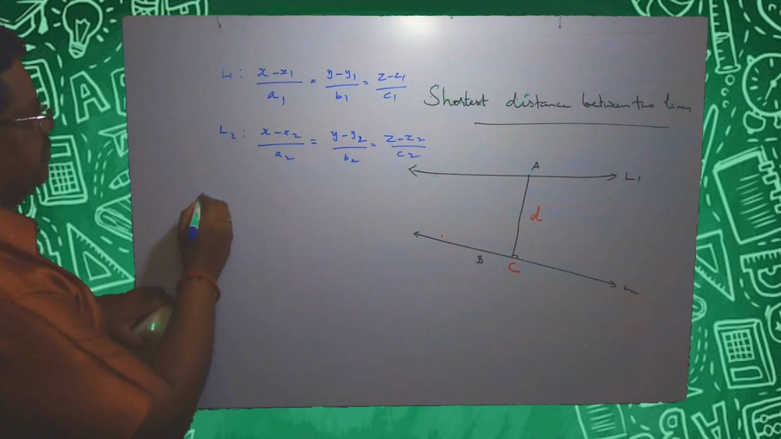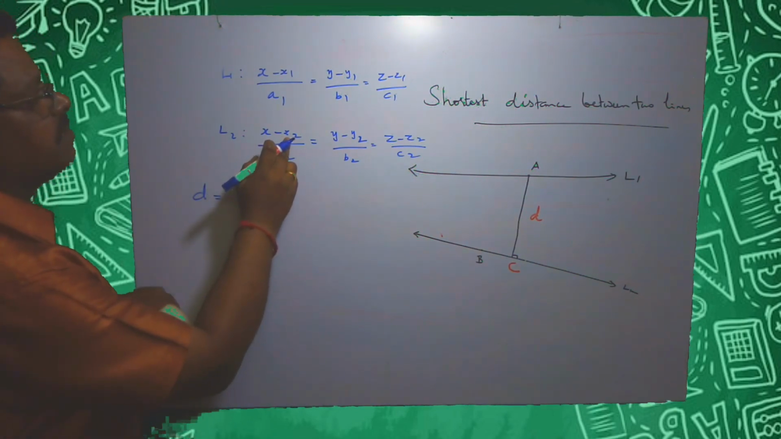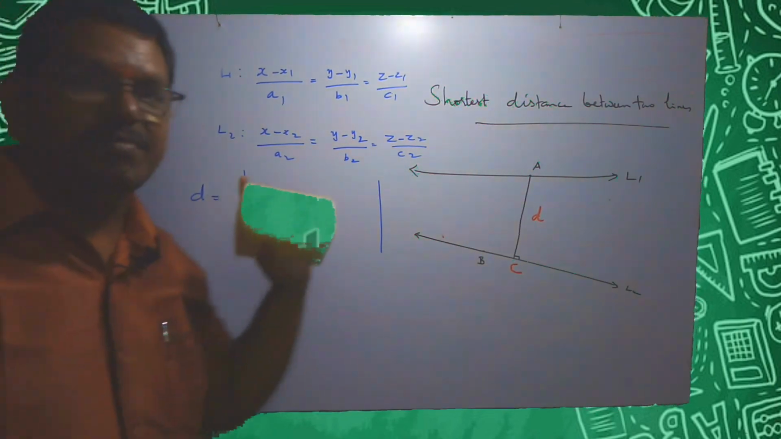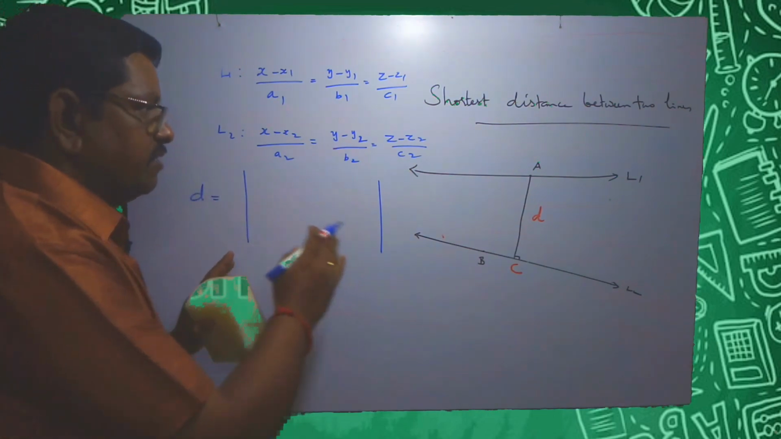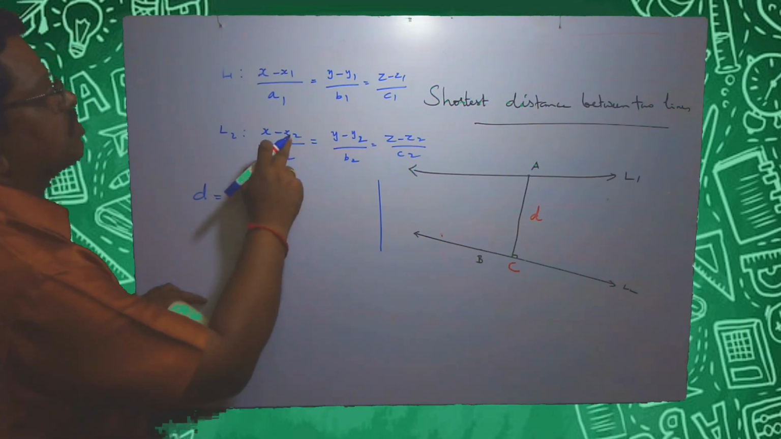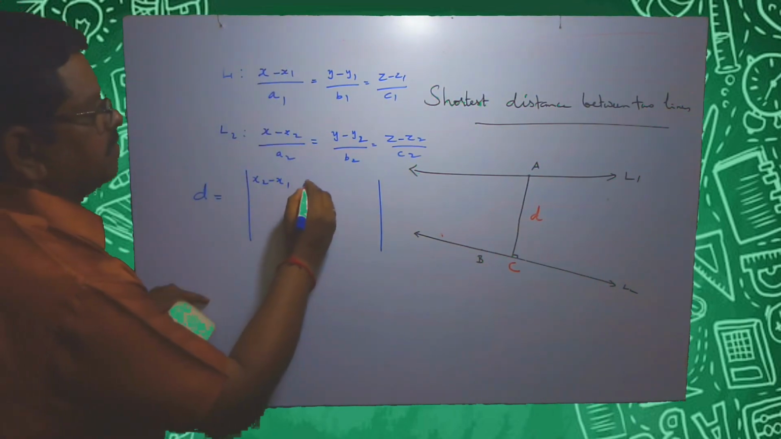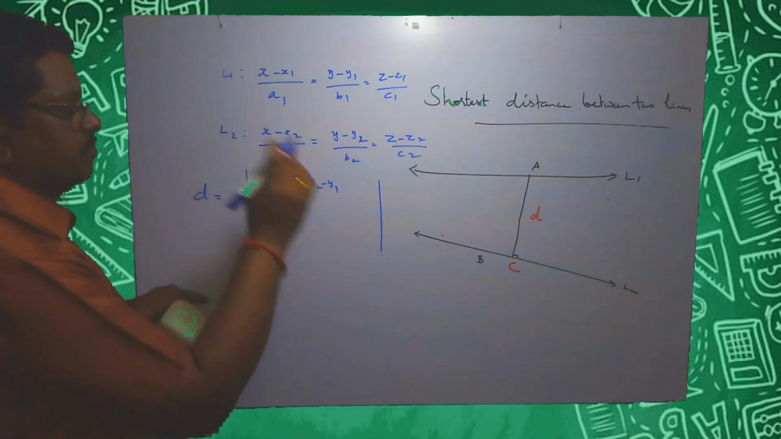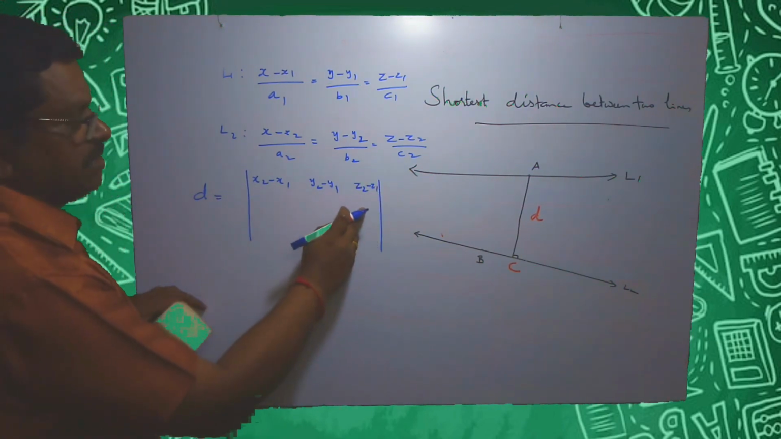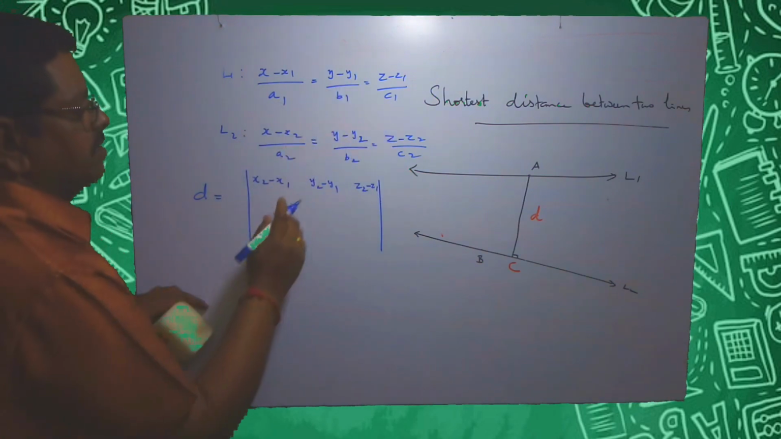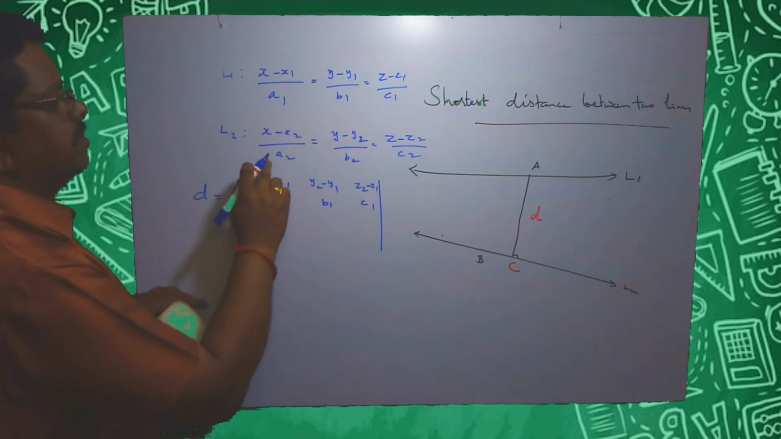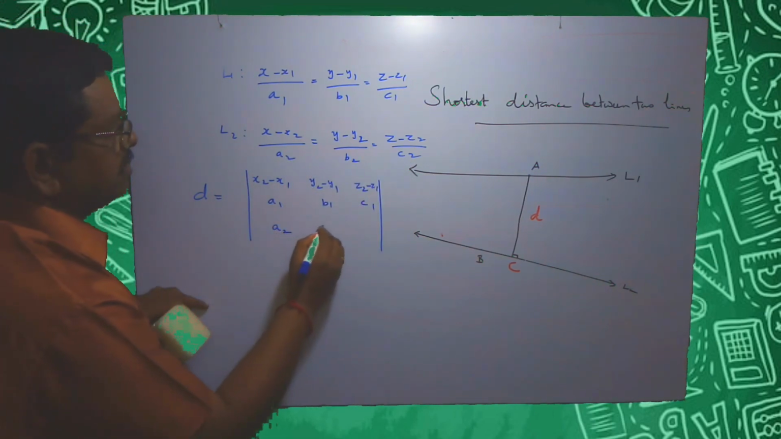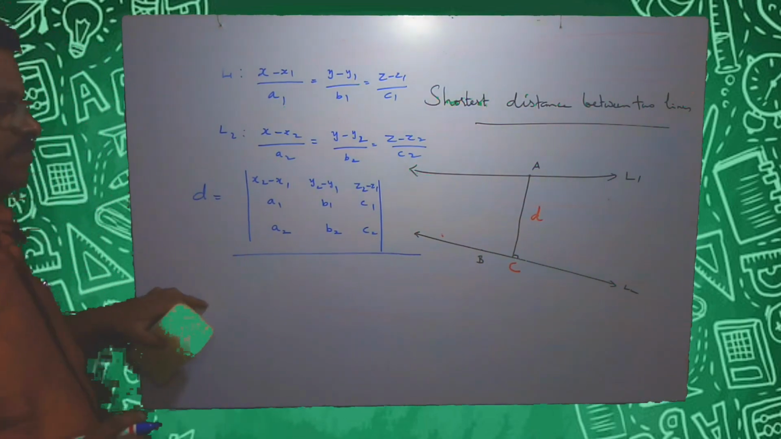Same idea. Here the distance d can be found by finding the modulus. The shortest distance can be found by using the formula: modulus of the determinant with first row x2 minus x1, y2 minus y1, z2 minus z1. That means we are finding the differences between points on the two lines L1, L2. In the second row, we write the direction ratios which are given in the denominator, so A1, B1, C1. Similarly, from the second line, we take the direction ratios A2, B2, C2 and write them in the third row. Whole divided by square root of